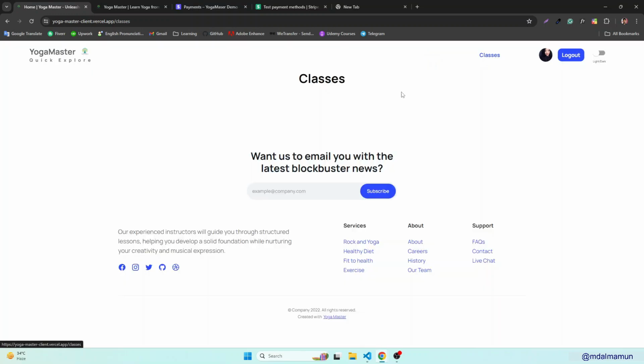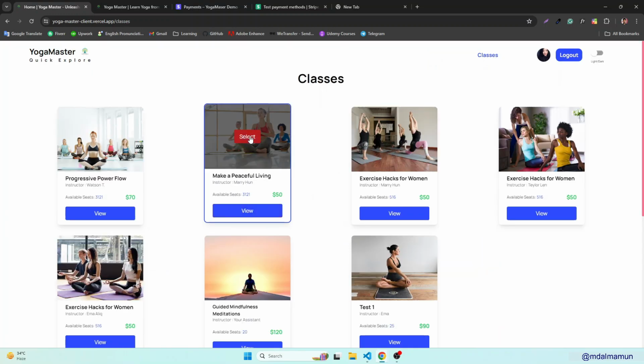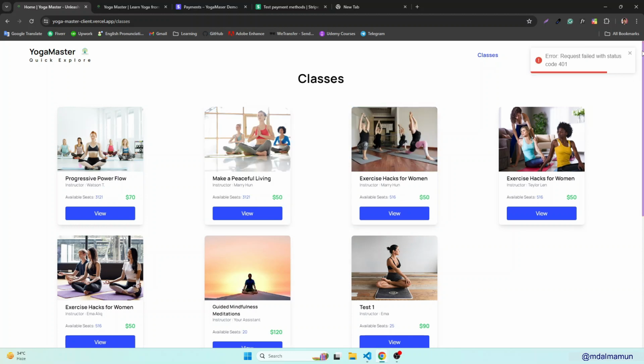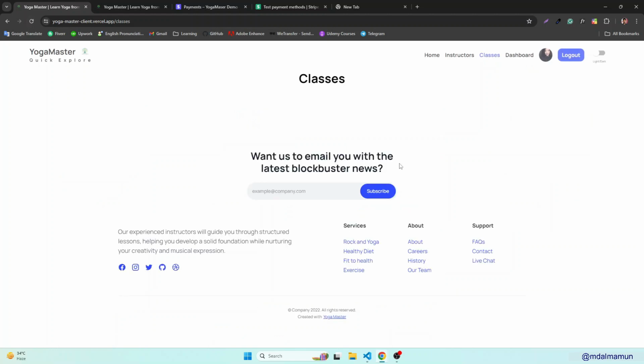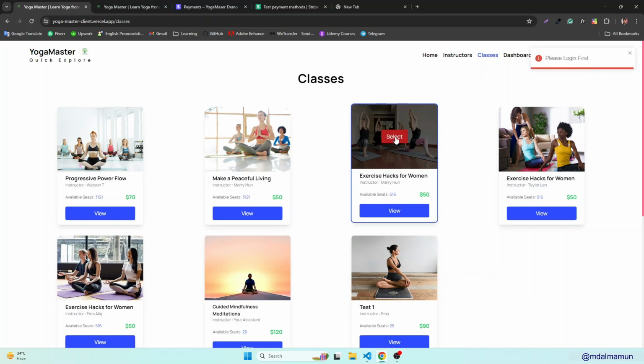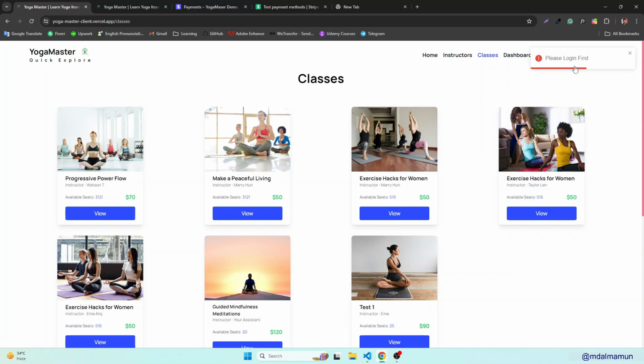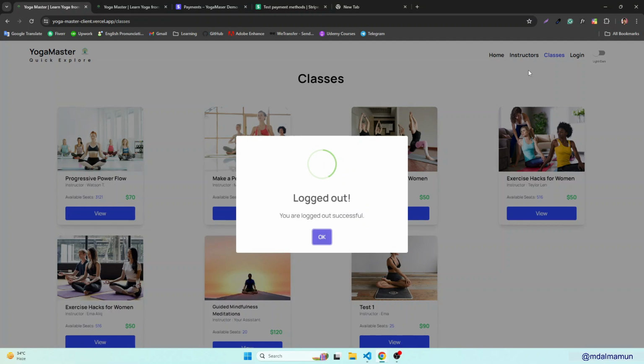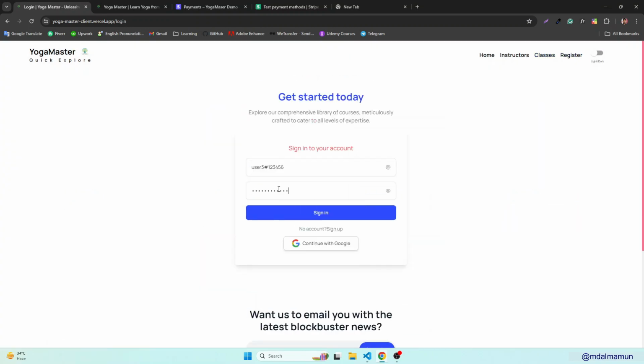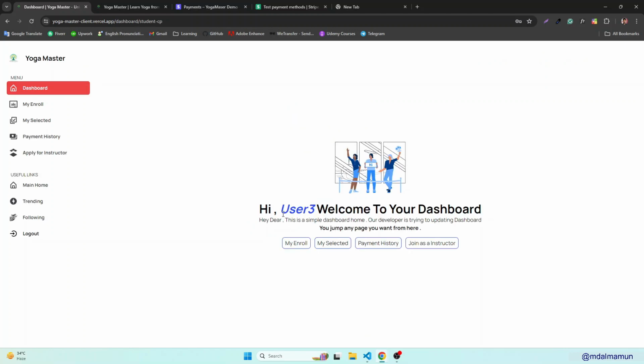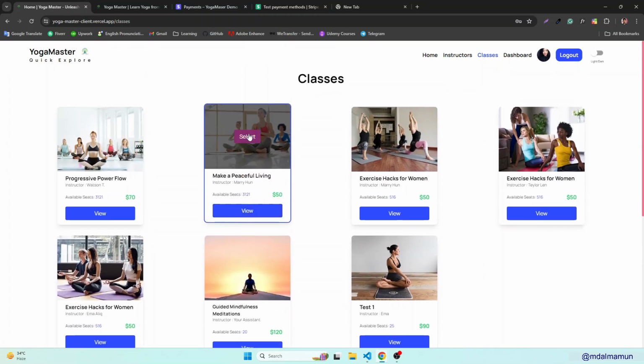Okay, so here let me select this. So error. Let me refresh. Select this one. Okay, login did not happen perfectly. So let me log in again. So that is the password. That would be user email3. Let me log in. Okay, so now it will work actually. Click this